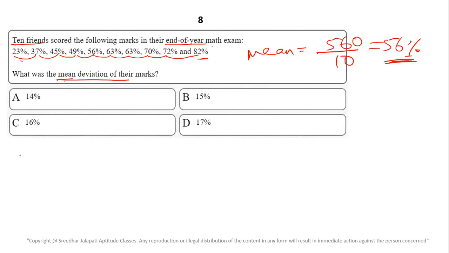Deviation of each element from the mean is called mean deviation. By the way, we take only the modulus of the deviation. We don't consider negatives. The deviation of the first element from the mean is 56 minus 23, which is 33. So the first one is 33, whereas the second one